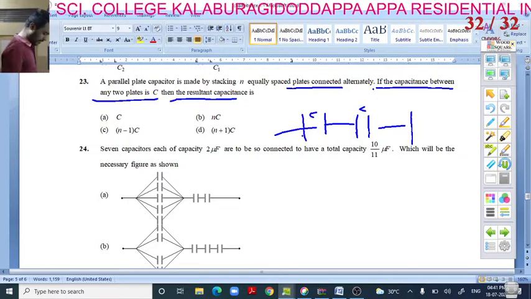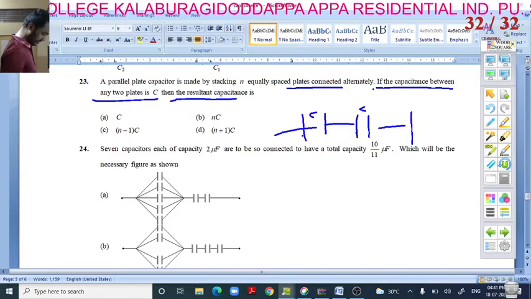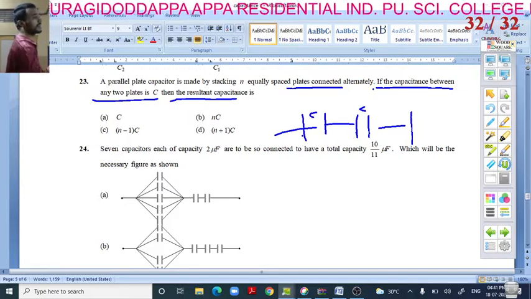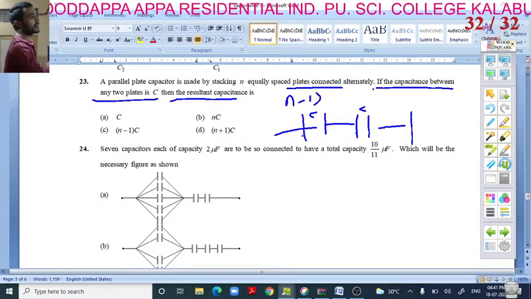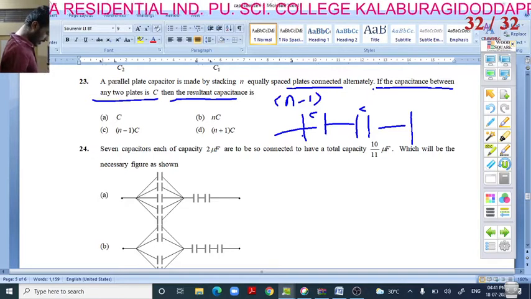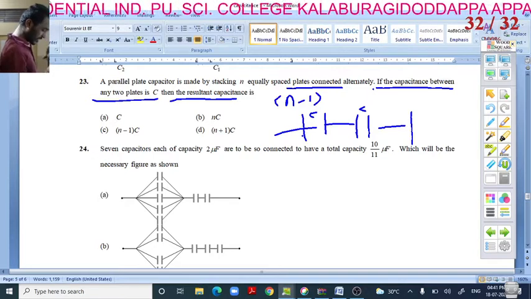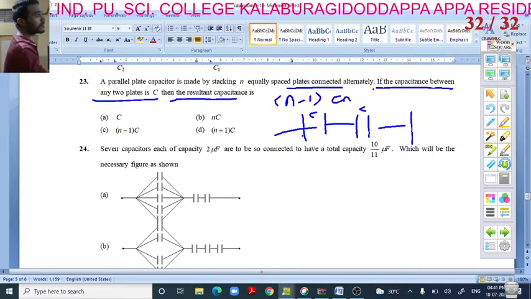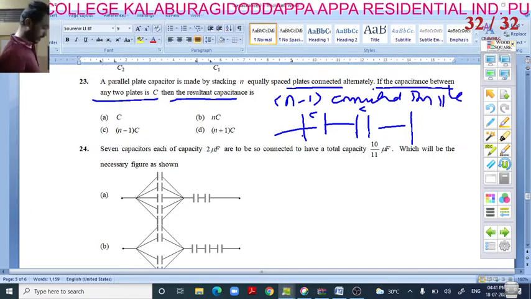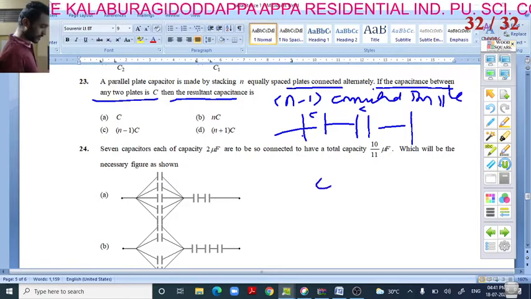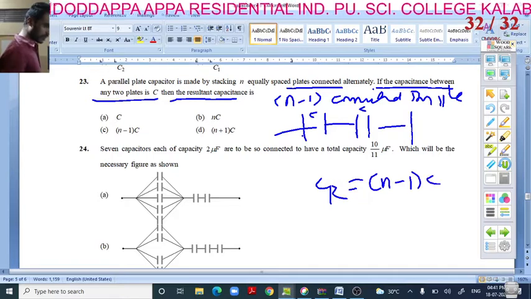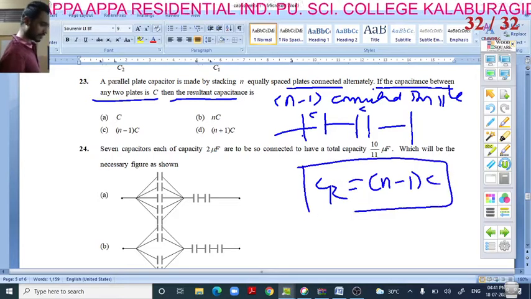So the arrangement becomes, say, the given arrangement, if it is n minus 1 capacitors connected in parallel, so CR is equal to n minus 1 capacitors,